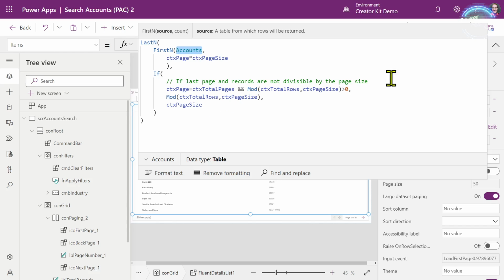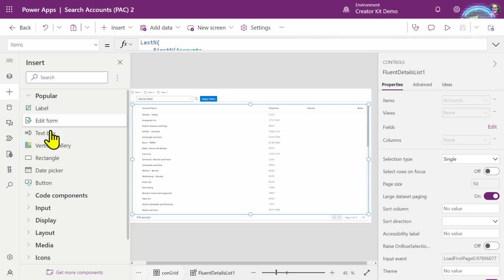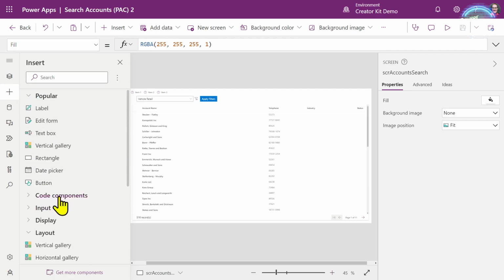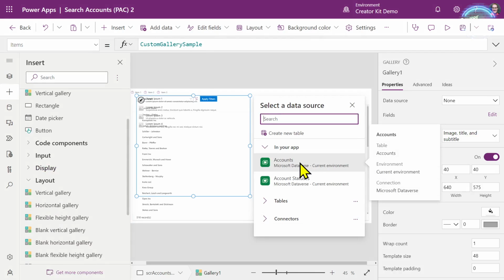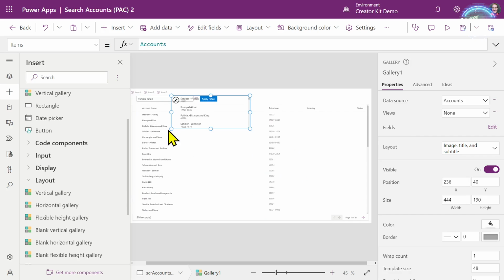Well, what we're going to do is use a gallery, and we're going to use the feature of the gallery we looked at earlier, which is that ability to constantly do that get rows, that virtual paging mechanism as we scroll down. And so if I insert a gallery here, I'm just going to insert it at the top level on that page. And let's say insert a vertical gallery. And I'm going to bind it just in this case to accounts. And let's just shrink it down so that it's a little bit smaller and pop it at the top here. Move it over there. And I'm going to call it just gal paging, like that.